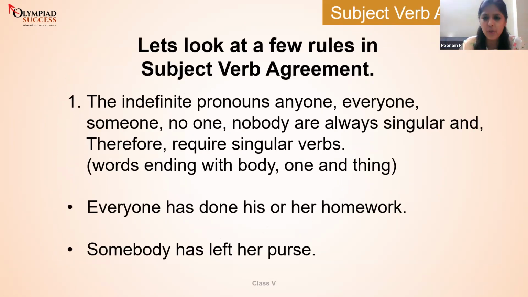Okay, now I'm not going to go to the quiz. I'll skip that quiz because at the end we have a few questions that all of you will answer. Now, this is not it. We have just understood the golden rule of subject verb agreement. Apart from this, we have about 10 to 12 rules that we have to keep in mind.